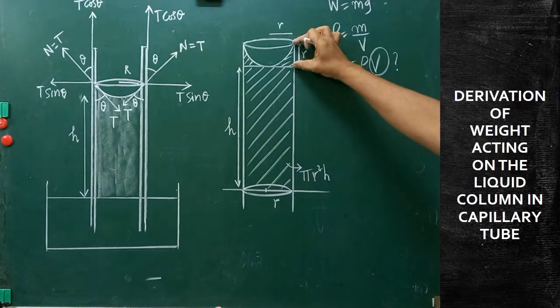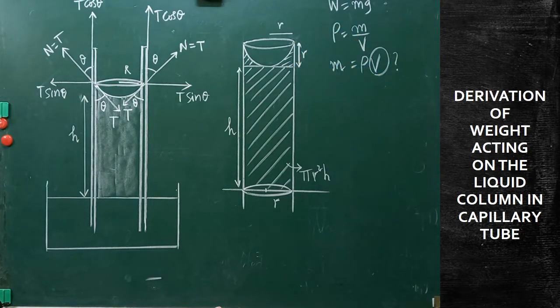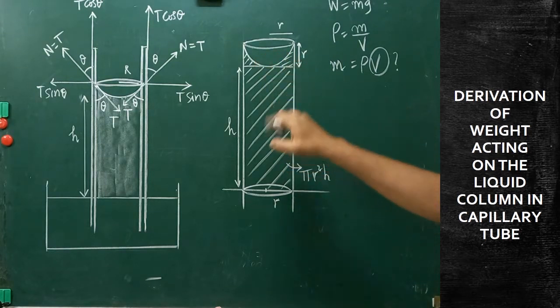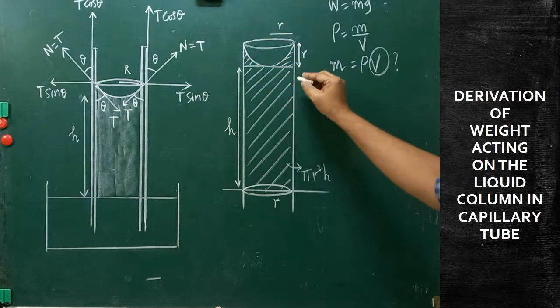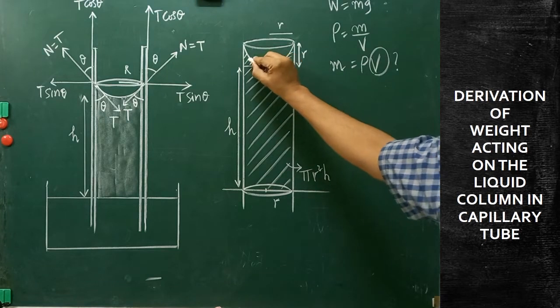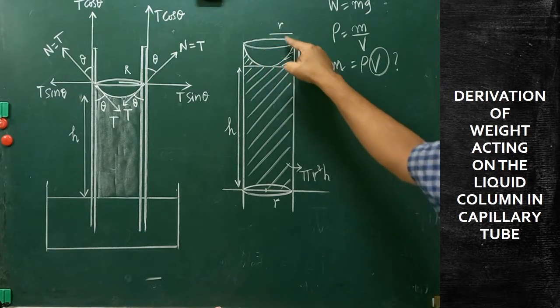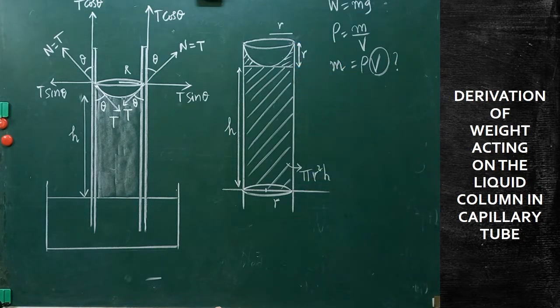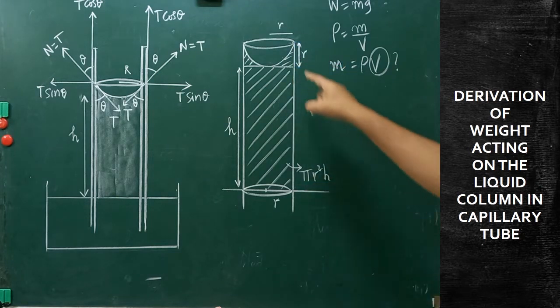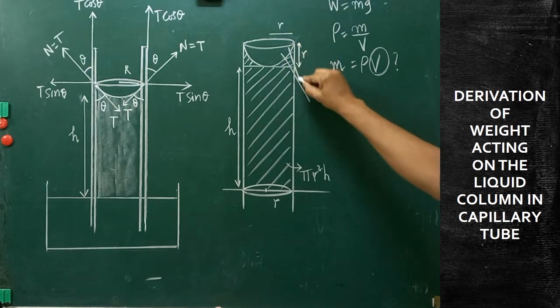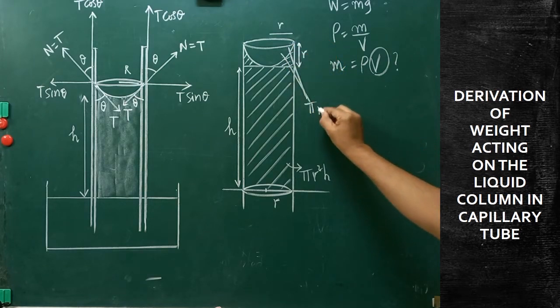This is the volume of the cylindrical part of the liquid. And again you take this part as another cylindrical part. It is partially filled with water and partially filled with air. So on the whole you take it as a cylindrical portion, and both must be considered, this one and this one. Here the radius of this portion is R and the radius of this portion is also equal to R. Therefore the height and radius both have to be considered. On the whole this cylindrical part can be taken as pi R square.